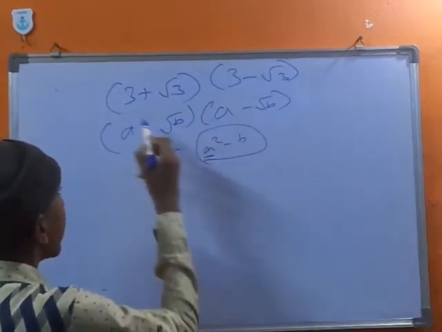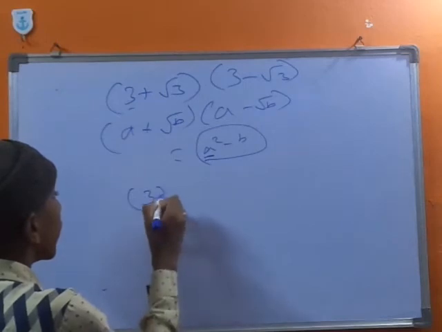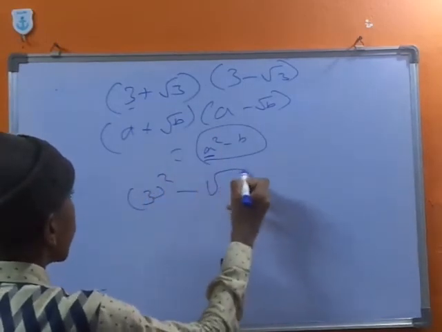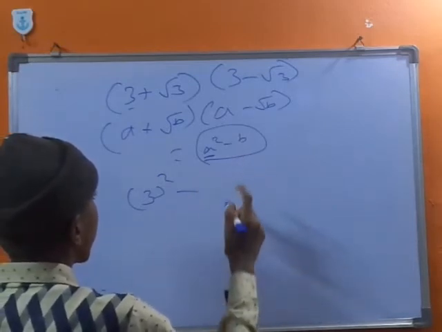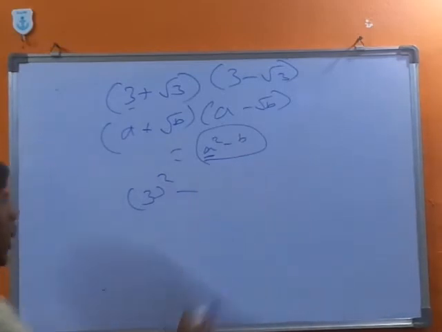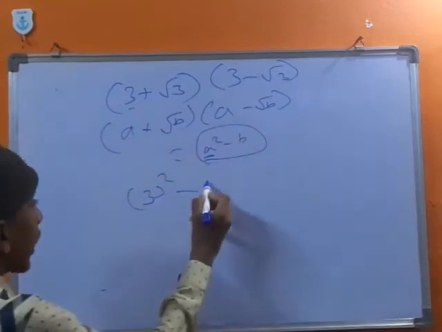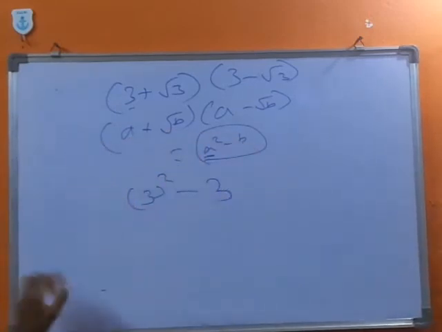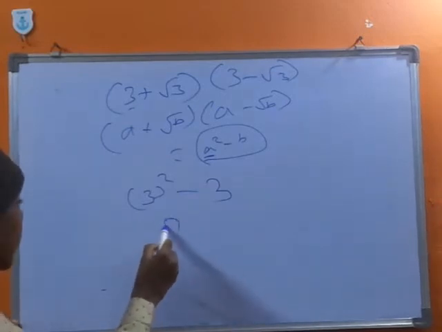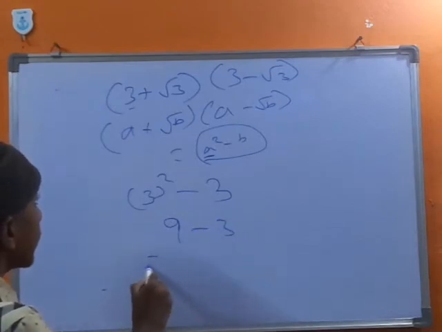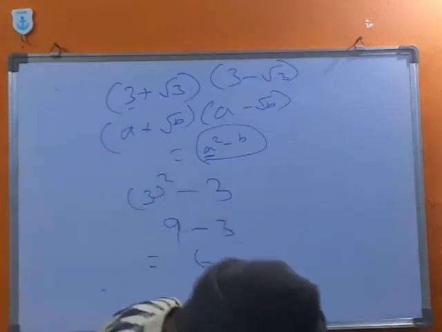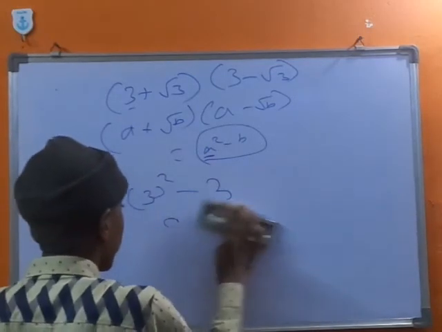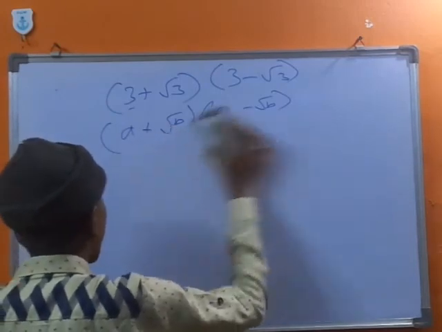So what is a square? 3. 3 square minus what is b? Root 3. Instead of root 3, we will write b, which is 3. Simple. Nine minus 3 is equal to 6. Simple. Completed. So the next one is by using the identity